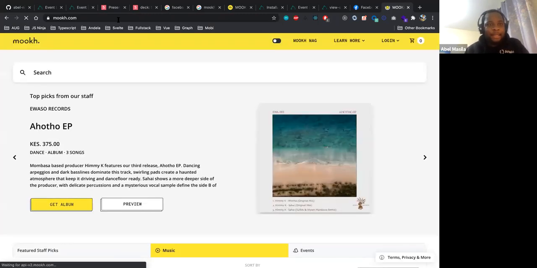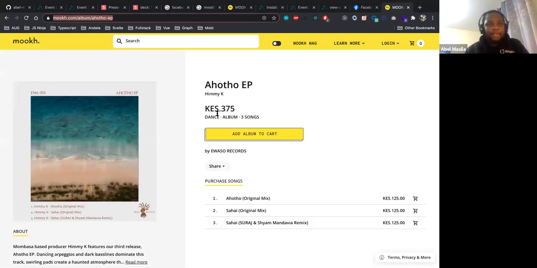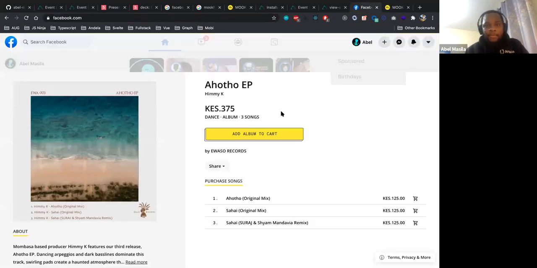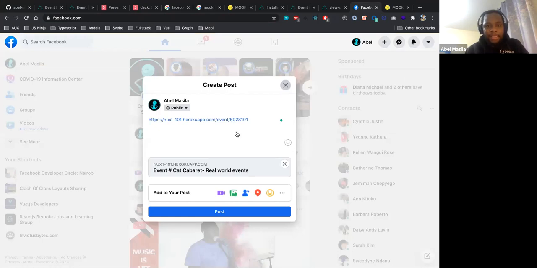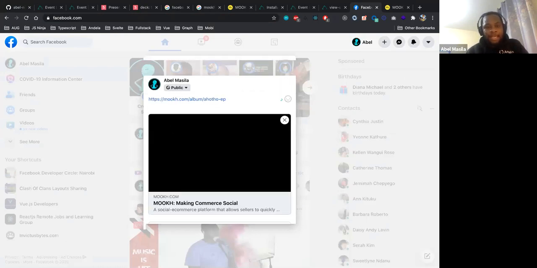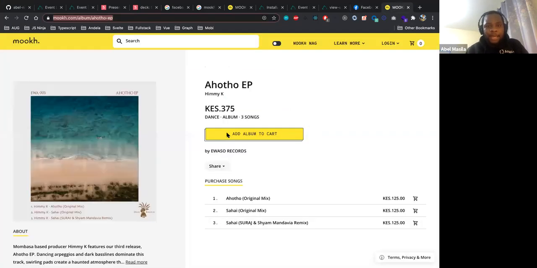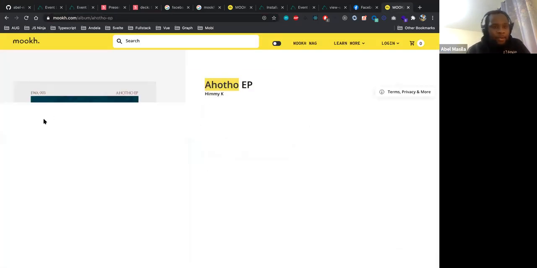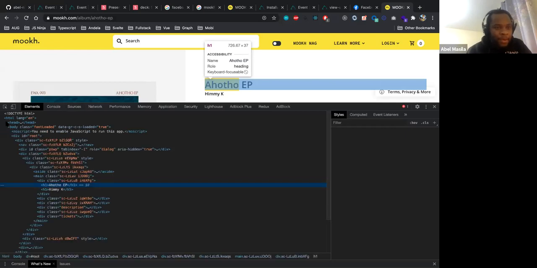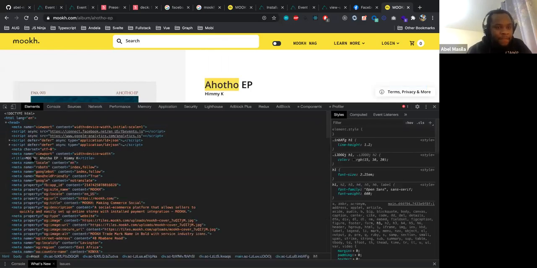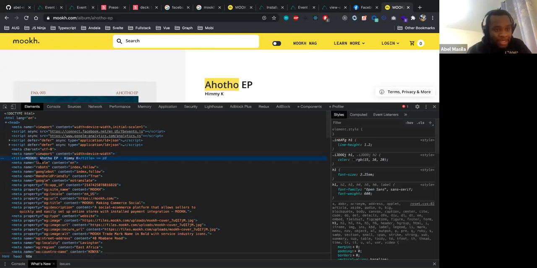But for an SPA, if I go to mooc.com, a nice website that is an SPA, and select a specific event, and then I copy this and paste it on Facebook, and I remove the previous link and paste the one for MOOC, notice what is being fetched. It is the markup on the index.html page. If I inspect this code and go to the head section, as you can see, the markup is already here.